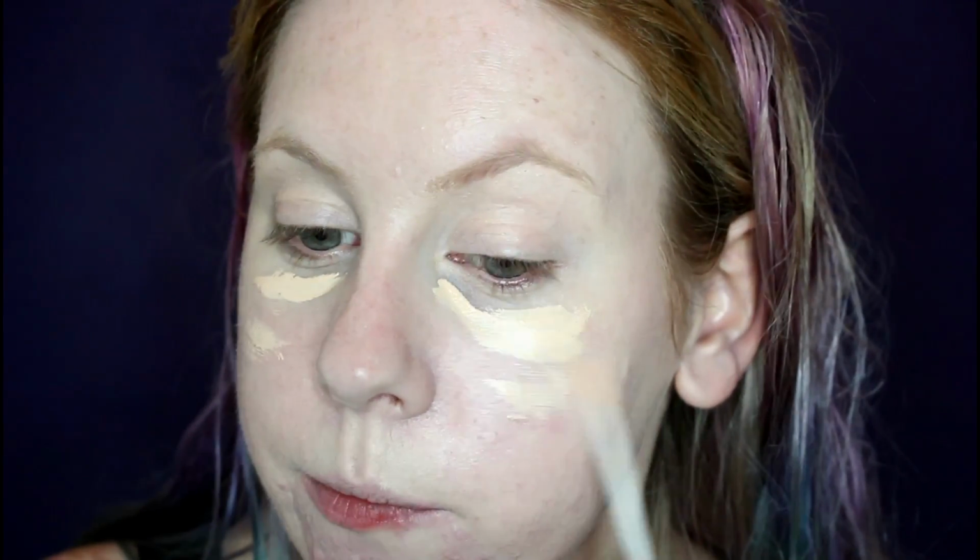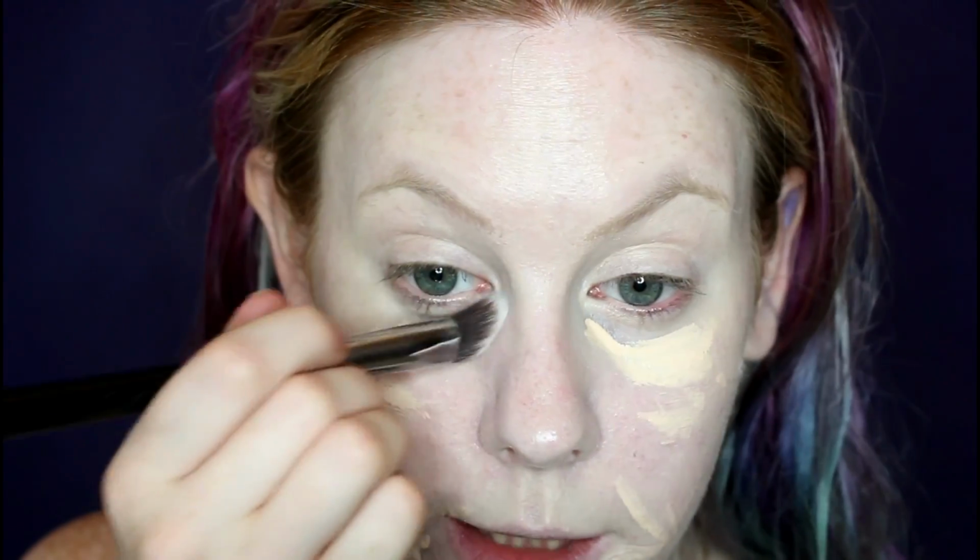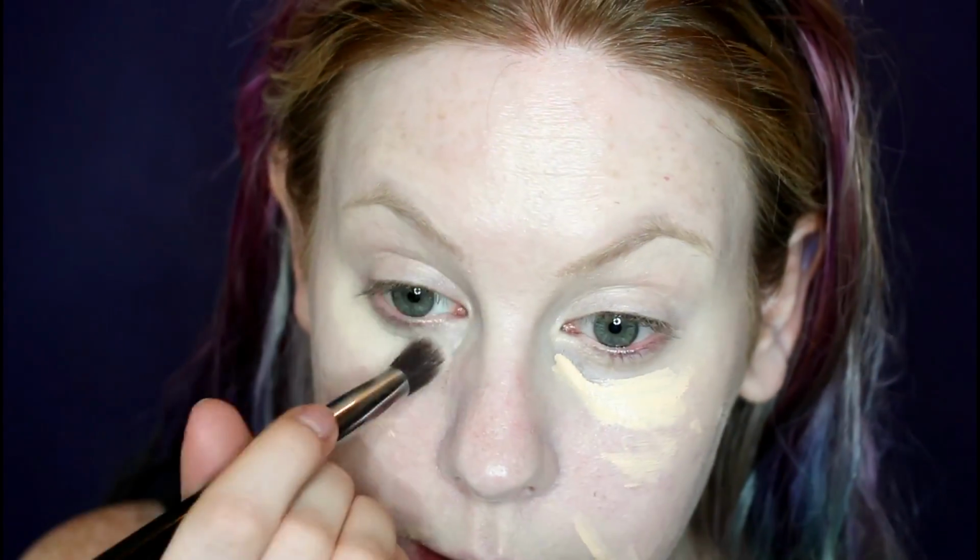I'm going to take some more of that concealer now underneath my eyes. On the front of my cheeks again. And then on my chin and around my mouth. I'm going to take a smaller brush just to blend that in. And I'm patting it onto the skin as opposed to swiping it so that the product stays exactly where I've